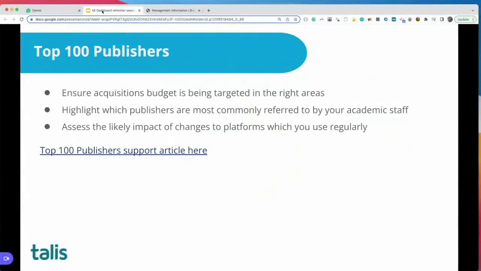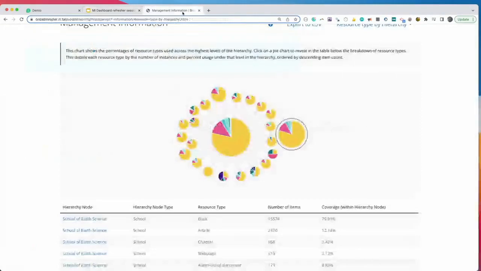Okay, so the last chart looks quite different to the others, and it really is like a word cloud of top 100 publishers, which helps you assess the likely impact of changes to platforms which you use regularly. And we do know in recent times there have been changes to platforms. So, for example, if a publisher chooses to make changes in the metadata they provide, that would typically be captured in a bookmark. So again, we've got the support article linked just here, but I will just go on to